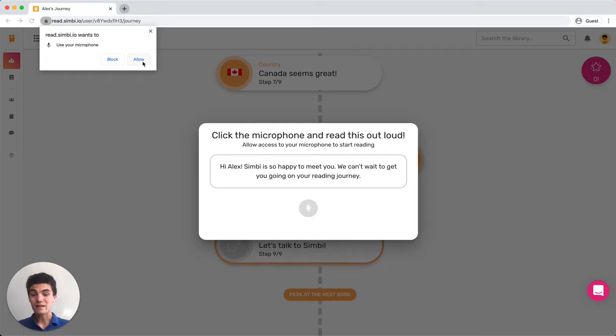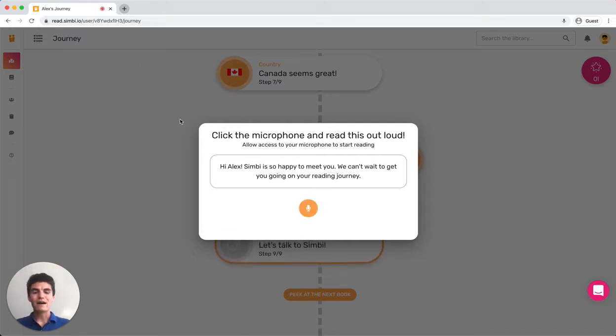If you don't click allow, Simbi just won't work, so you'll need to restart the process again, but it's okay. Either way, you just want to click allow. If you accidentally miss that step, you can always refresh the page and it should ask you to click allow again. So having clicked allow, now the microphone button turns orange, which means it's active,